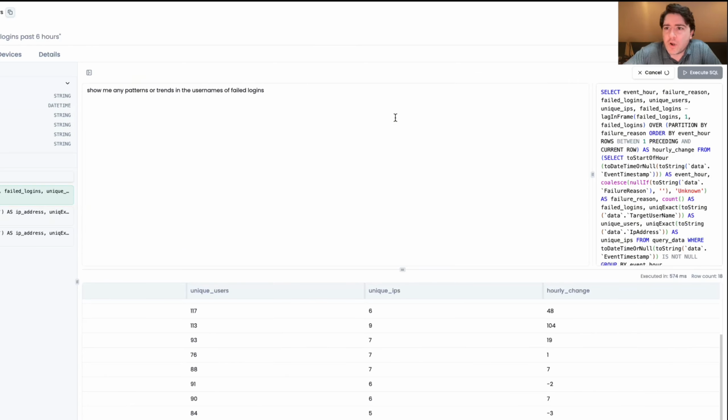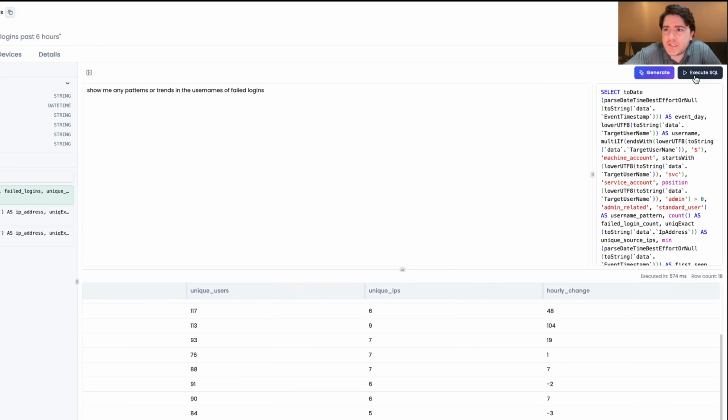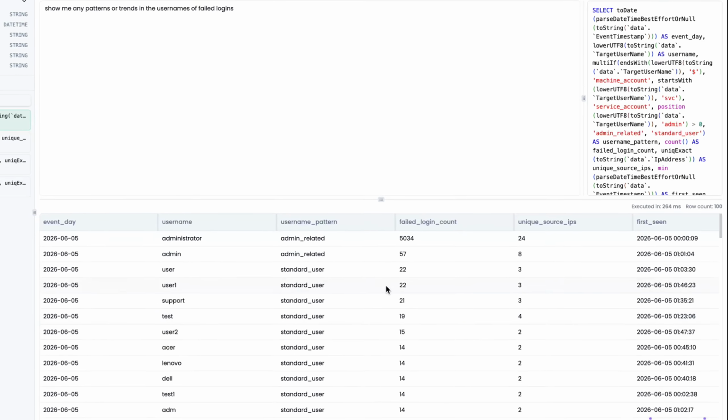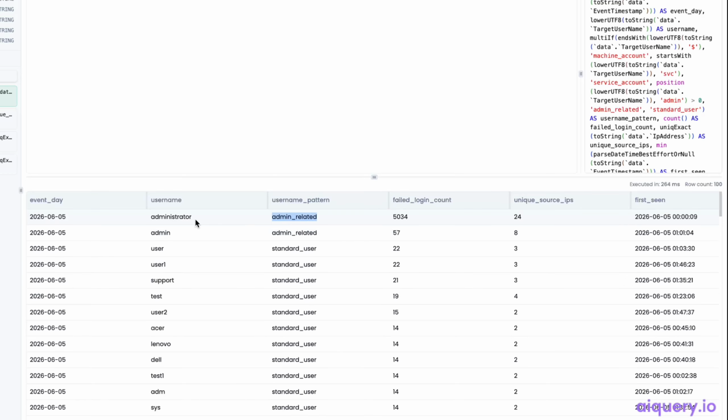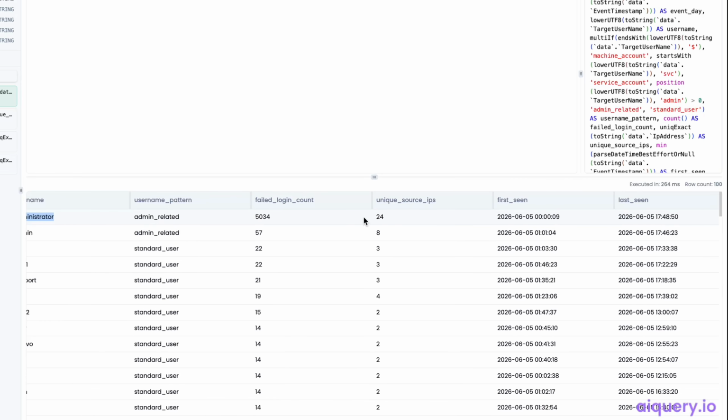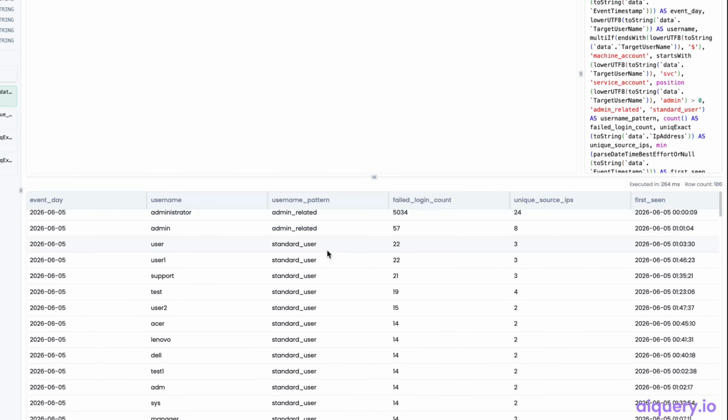So I wanted to showcase this. What we see here, we'll execute the SQL, and we can see user pattern admin related because it's administrator or admin. We can see that's the vast majority of the failed logins. Again, we have 7,000, so roughly 5,000 of those are specifically targeting what we know is on the machine, right? The administrator account. We can see the time that was first seen, unique source IP addresses, and then standard